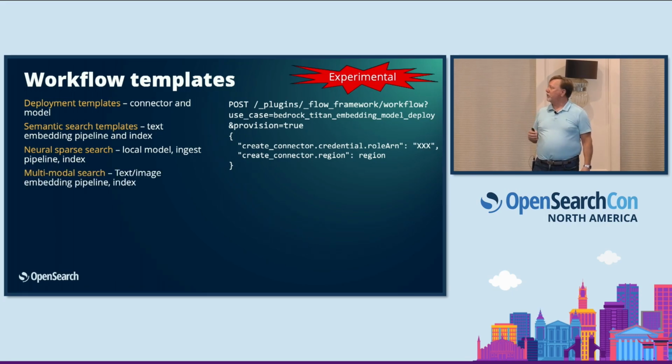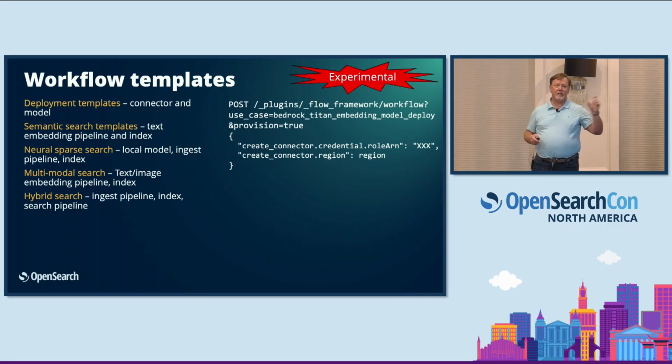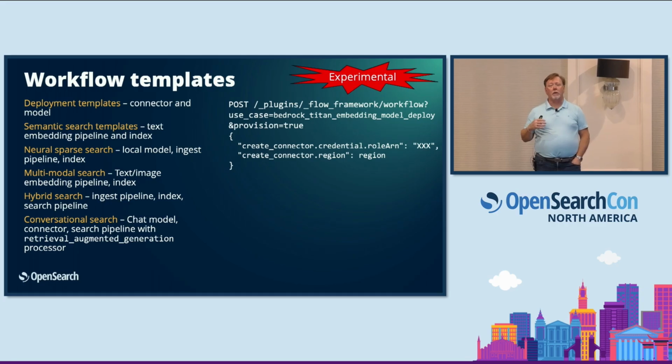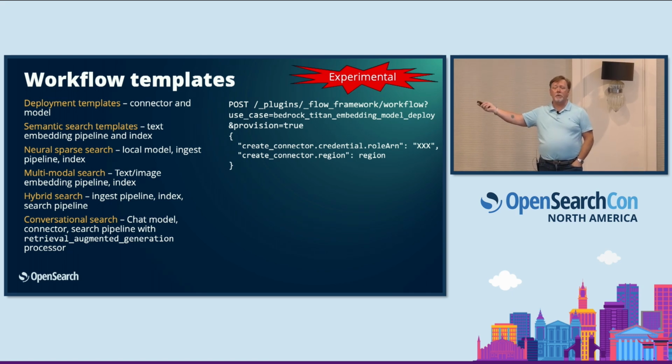We have multimodal search with a text-image embedding pipeline, auto-defined for you in an index. We have a hybrid search with an ingest pipeline, an index, and a search pipeline. And we have a conversational template that provides a chat model connector, a pipeline, and a retrieval-augmented generation processor. So all of these capabilities now come out of the box with OpenSearch, making it easy for you to connect